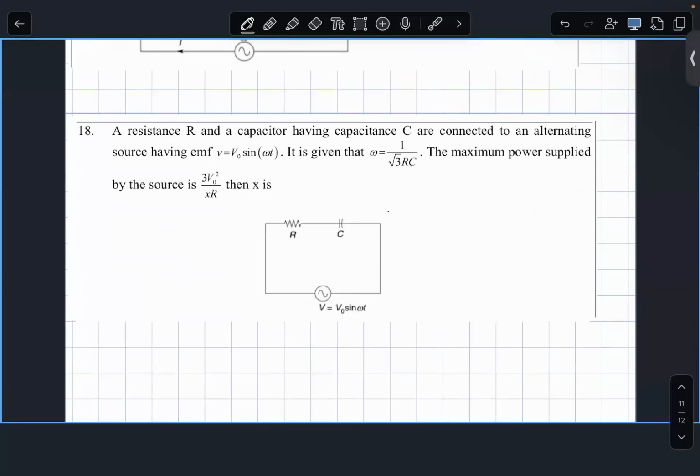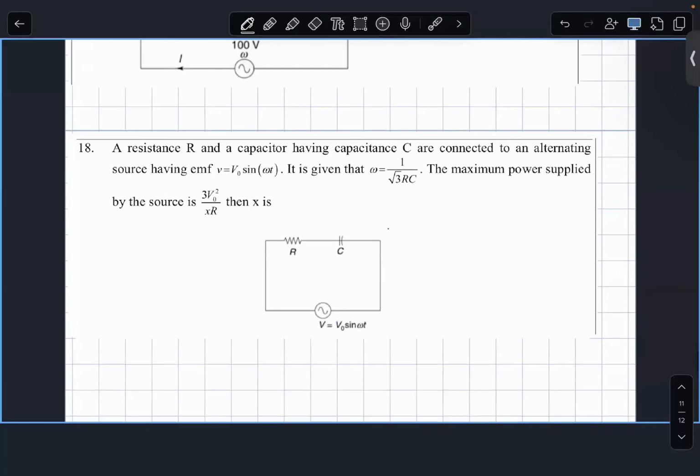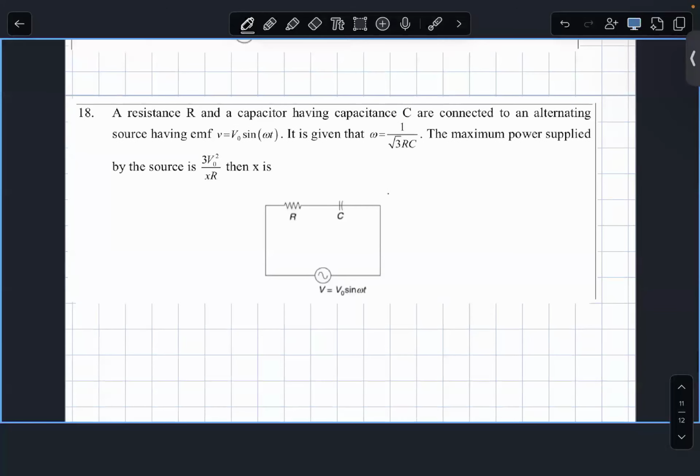Only series we will justify. A resistance R and a capacitor having capacitance C are connected to an alternating source of EMF V0. Say it is given omega is 1/(√3 RC). అంటే మీకు అర్థం ఏంటో తెలుసా ఇది? 1/ωC is √3 R అని అర్థం. The maximum power delivered by the source is, okay,